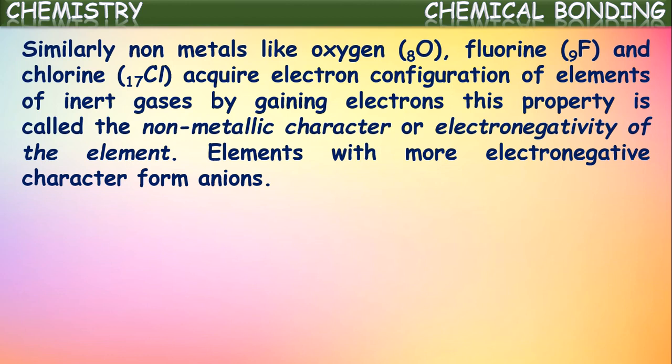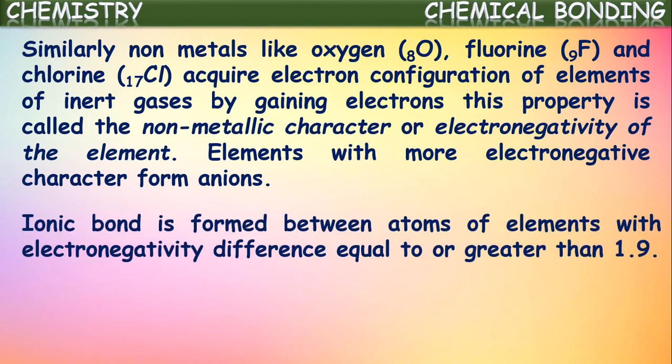Generally, the seventh group elements, that means the extreme right side column except noble gases, the 17th column elements: fluorine, chlorine, bromine, iodine, astatine, we call halogens. They have a very high tendency of gaining electrons because they already have 7 electrons in the outermost shell. When they gain 1 electron, they become highly stable. So these elements are very eager to gain 1 electron, and so they form anions very easily.